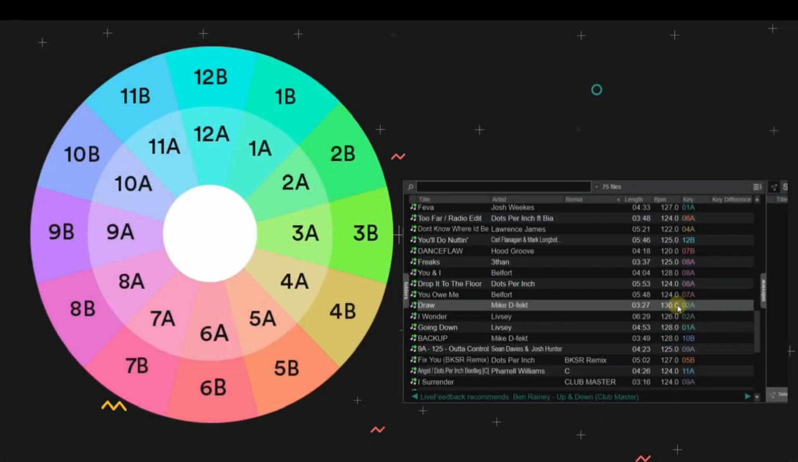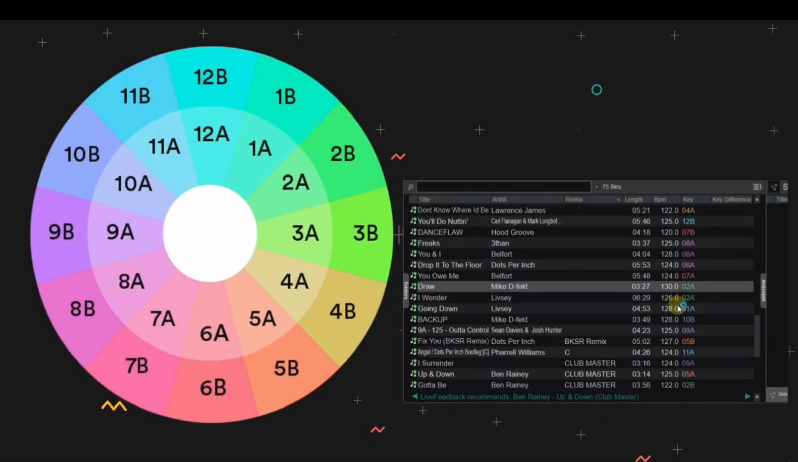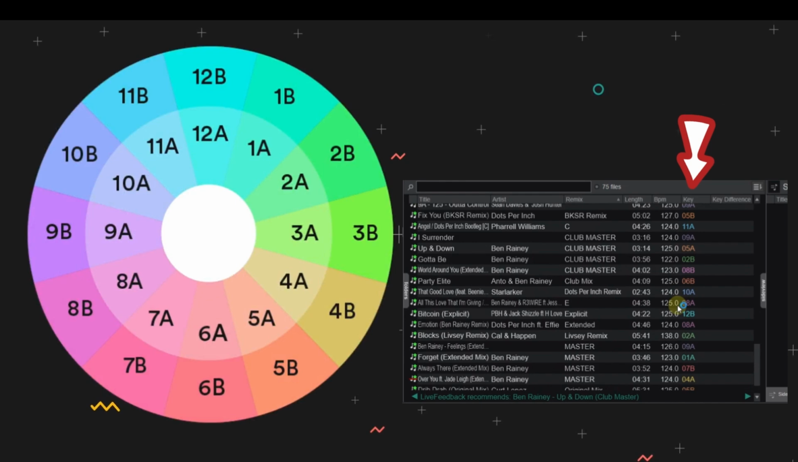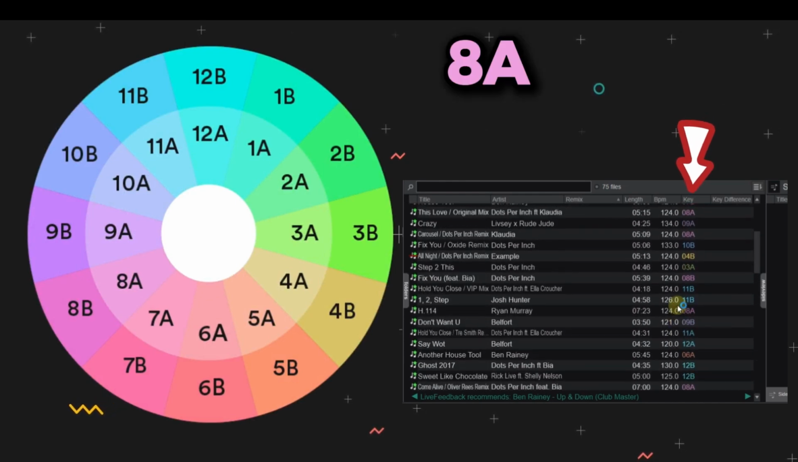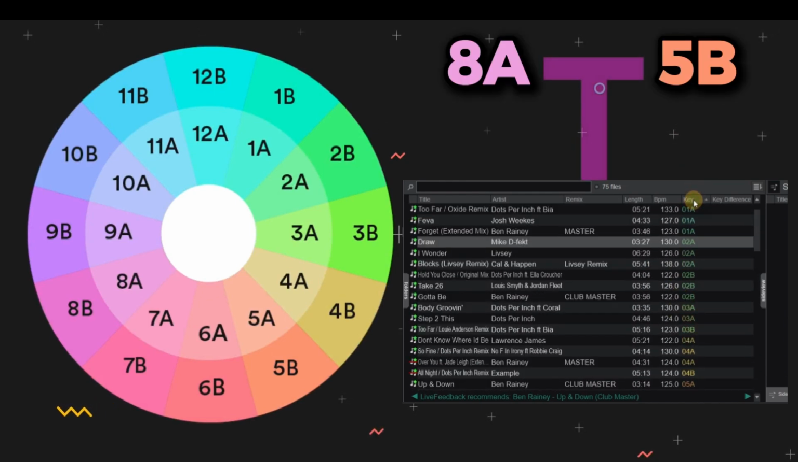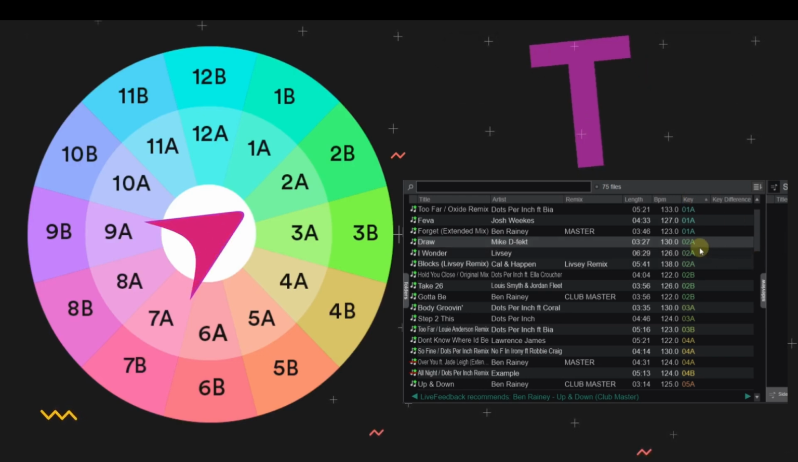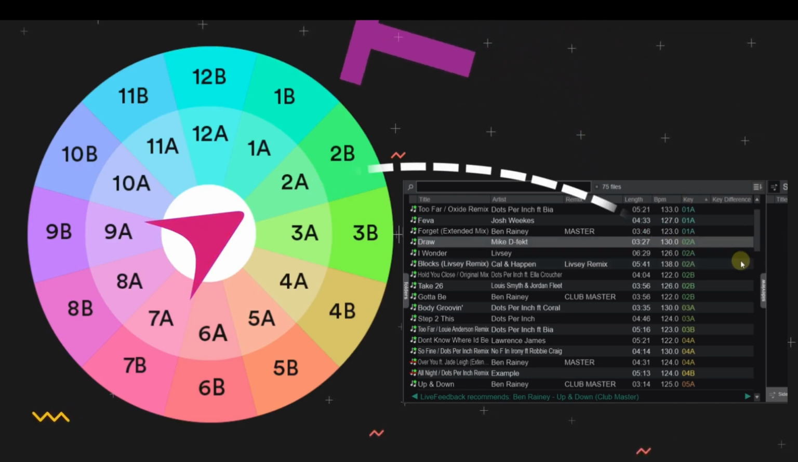This is the Camelot Wheel, your cheat code for flawless transitions. And here's how it works. Each key has a code like 8A or 5B. If you want to mix in key, just imagine a T sign. For example, if your current song has a key of 2A, then you can mix a track that has a